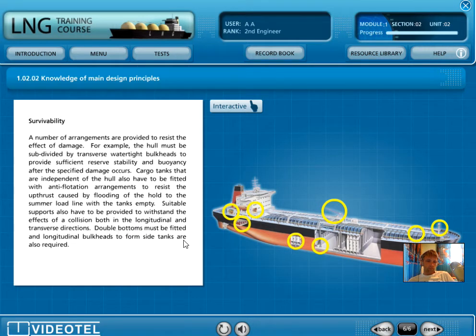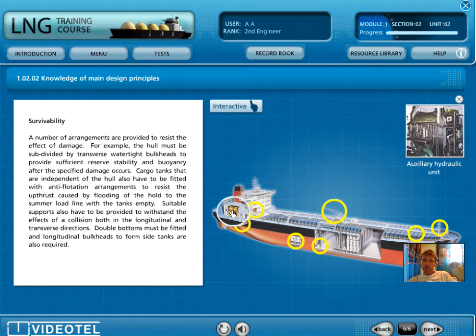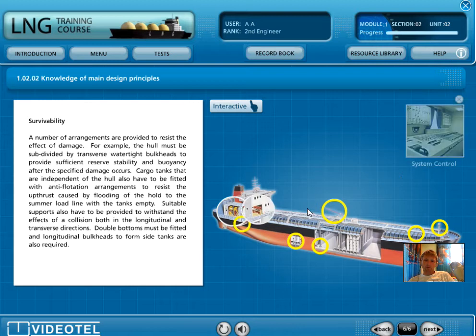Double bottoms must be fitted, and longitudinal bulkheads to form side tanks are also required. So let's see, let's press here, auxiliary hydraulic unit. Let's see some of the spaces. Let's press here, system control,